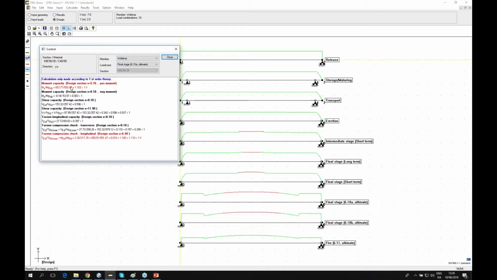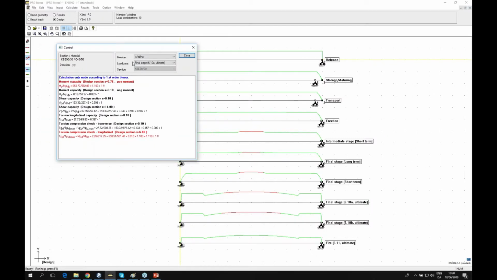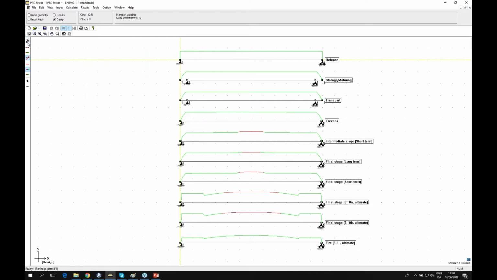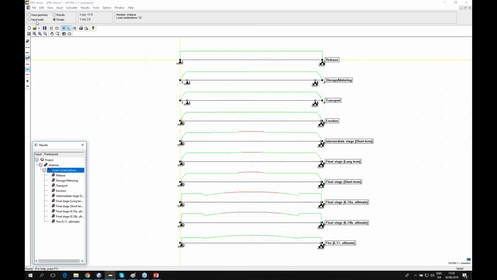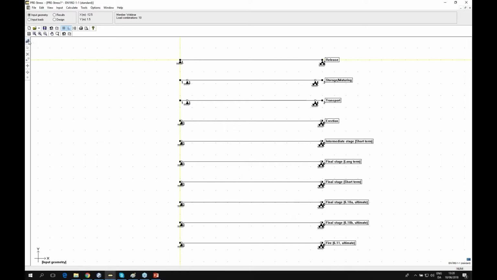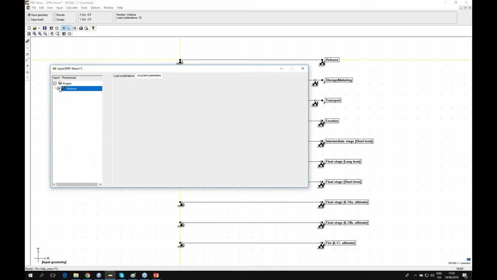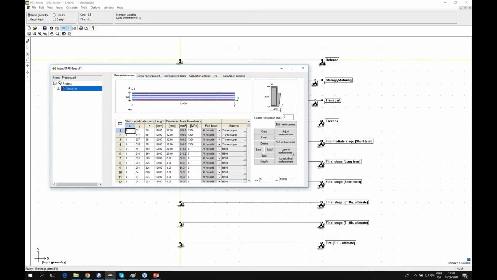So I need to take care of these calculations which do not meet my expectations. So the easiest way for my example is to go to input geometry. And since I want to increase my capacity, I will just add